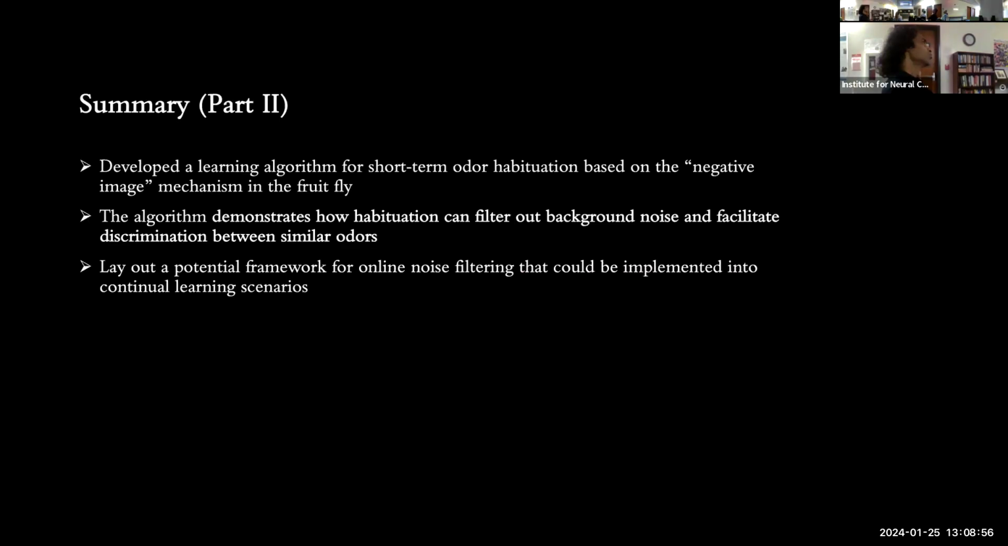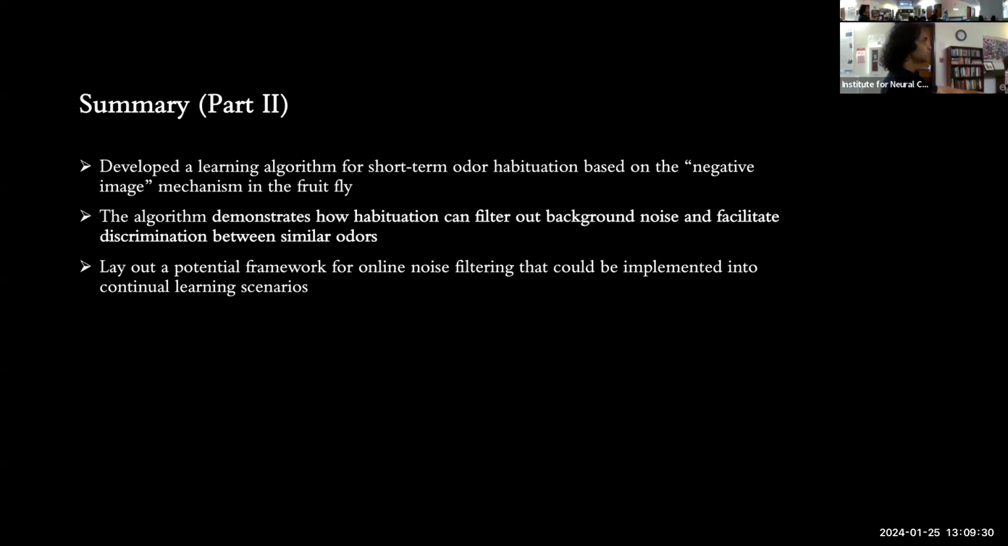So, in recap for this project, I've developed a learning algorithm for short-term odor habituation based on the negative image mechanisms in the fruit fly. This algorithm demonstrates how habituation can help filter out background noise and facilitate discrimination between similar odors, obviously without prior knowledge of what the odor coming in is. And also, it can lay out a potential framework for online noise filtering that might be implemented into continual learning